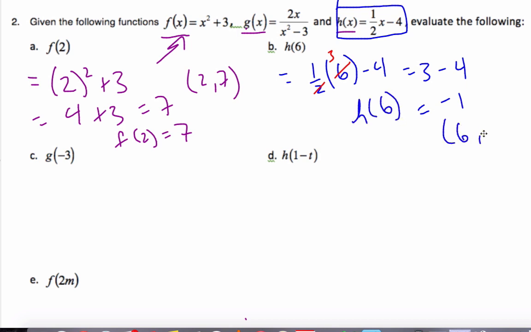And so the coordinate point here is 6, -1. All it's saying is that the y value is -1 when x is 6. And it's a handy notation. Okay, moving on to